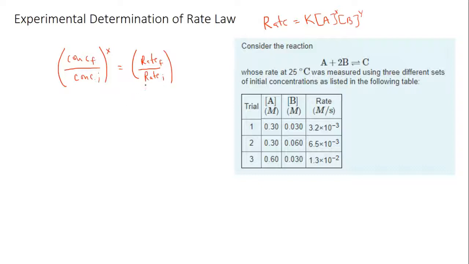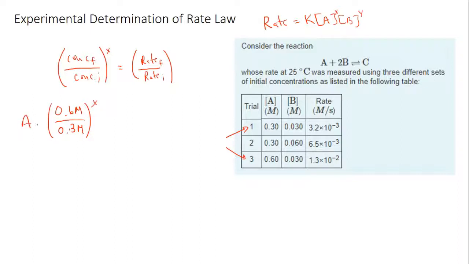If we wanted to find the contribution of A, we'd have to look at entries 1 and 3, because these are the only two entries where the concentration of A is being varied. So for our final concentration, we have 0.6 molar, our initial is 0.3 molar,